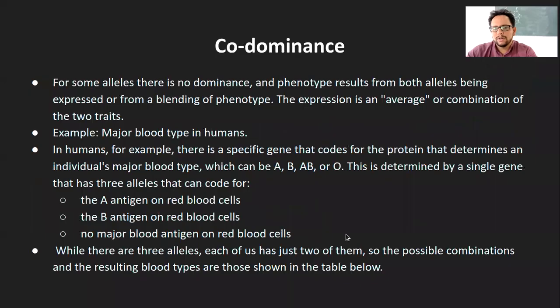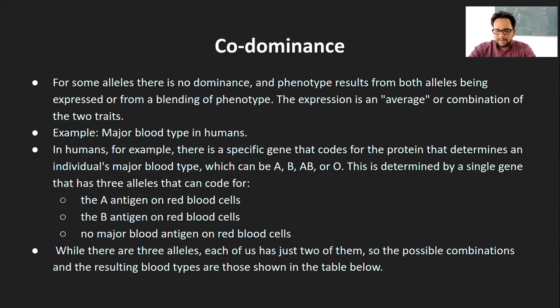Okay, so then just a small phenomenon which is called codominance, which is also being exhibited in the blood types that we have. I have already explained what codominance is: when both the alleles are dominant, the phenotype which is expressed is not actually how a dominant phenotype looks, but it is something different, either a blend or the average of the traits. So for example, again, just a quick example of this codominance.